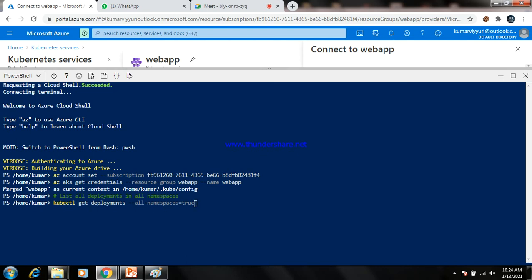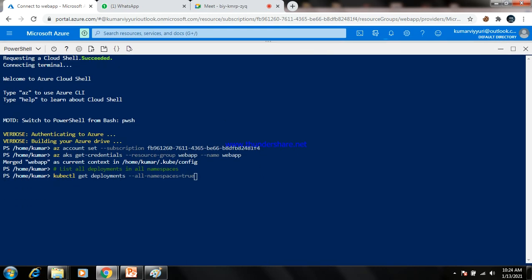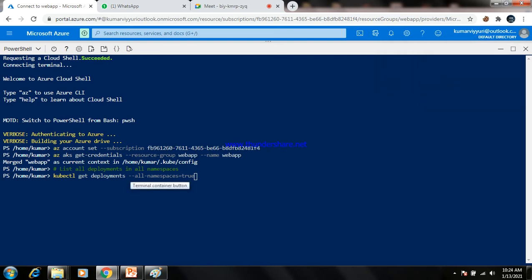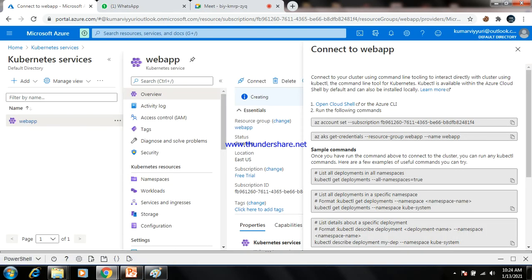What is the command? This is the command: kubectl get deployment --all-namespaces=true. If you give this command, you can get all the details about the deployments.